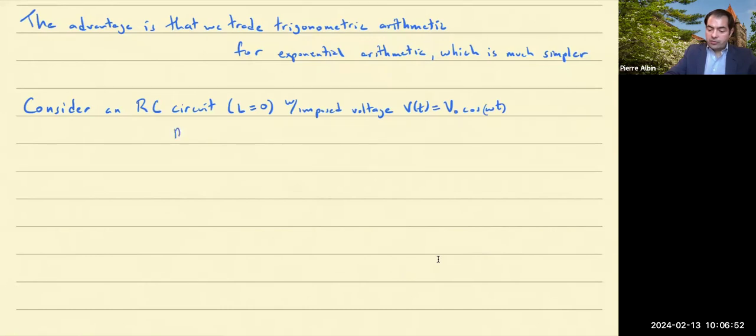So here the equation, since there's no L term, it's just R I prime plus 1 over C I equals dV/dt, which would be minus omega V naught sine omega t, right? Which we complexify